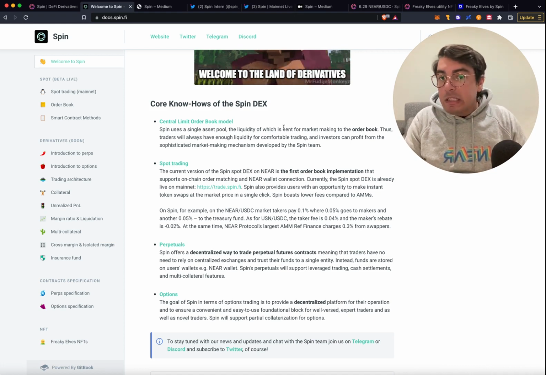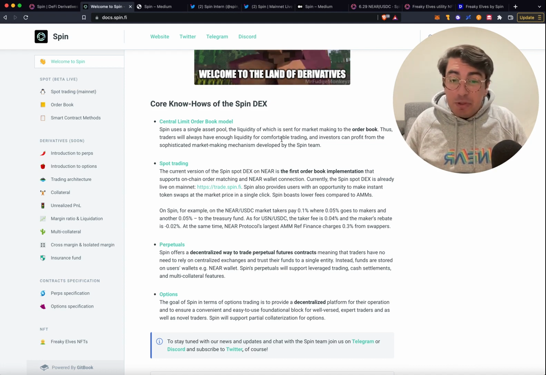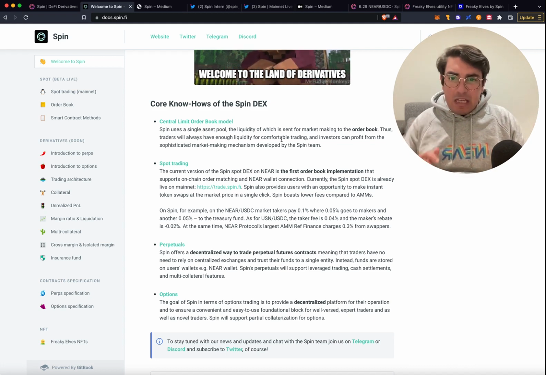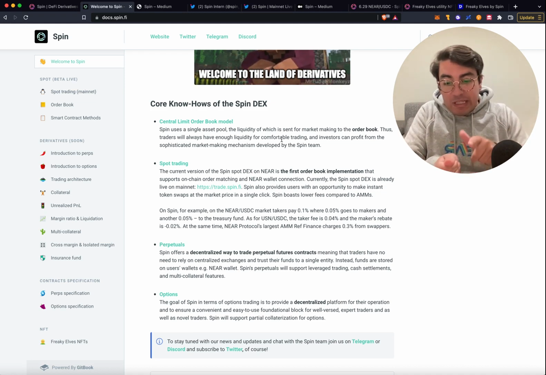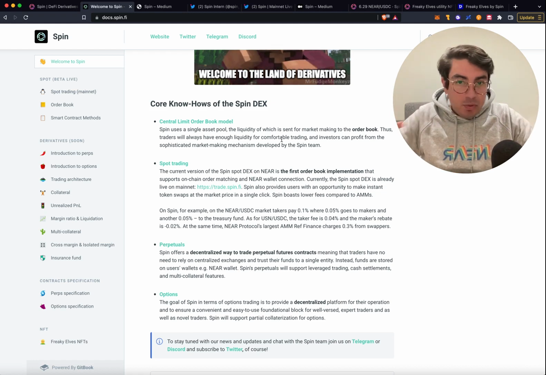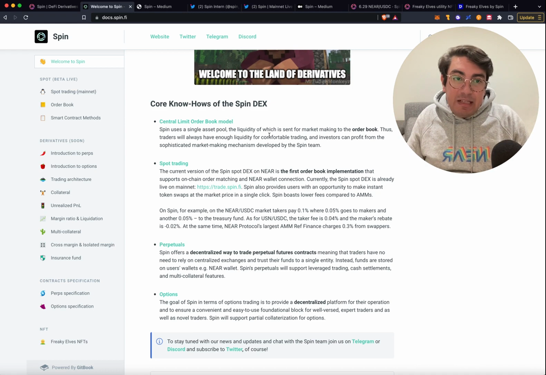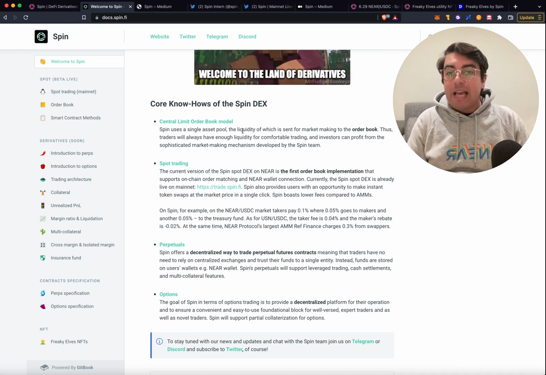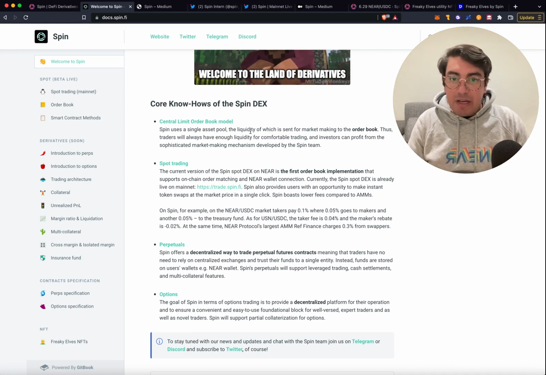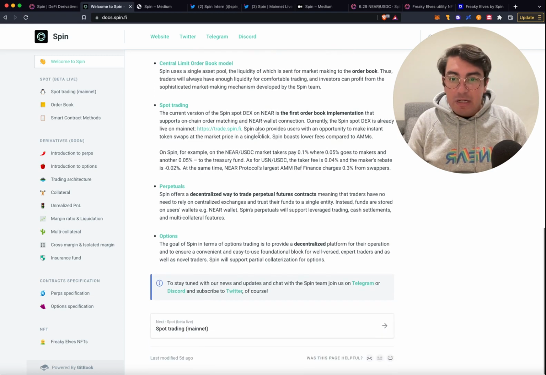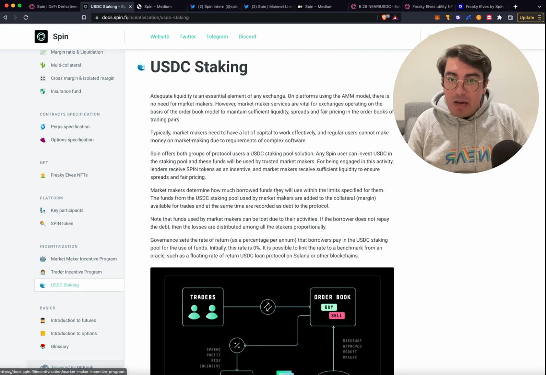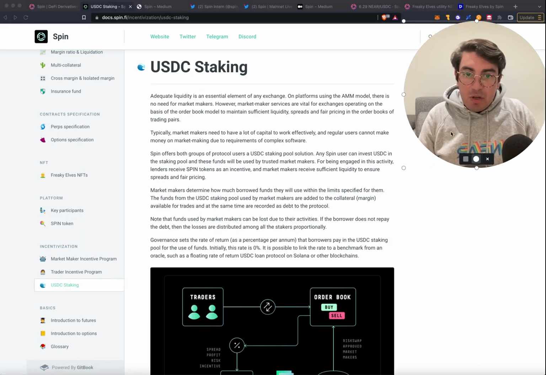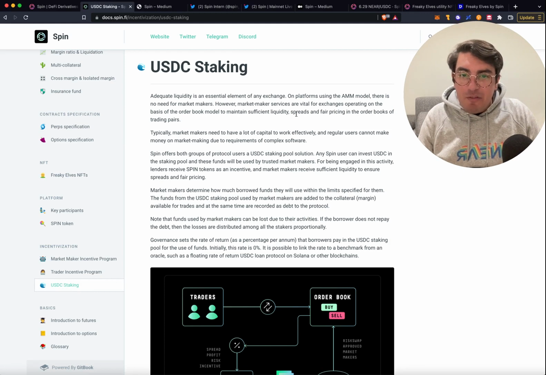And basically what it is, if I had to explain it to people in the simplest terms I can imagine, is instead of adding 2 pairs to a pool, you add 1 pair which is allocated by the algorithm to the different pools based on, I guess, volume or demand or whatever the case may be. It seems to be a novel way to deal with the capital efficiency issues and maximize profit and improve the experience for everyone. And I suspect this is linked with the USDC staking element down here. So this is not live yet. I'd suggest you come have a read if you want to dive deep.